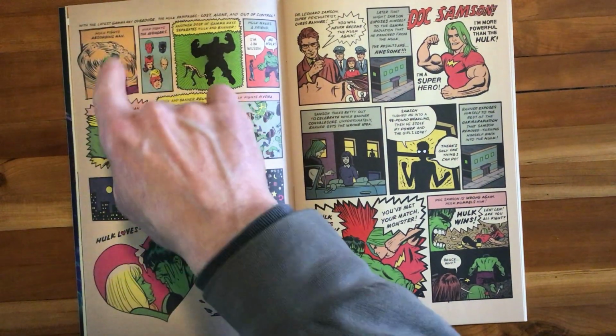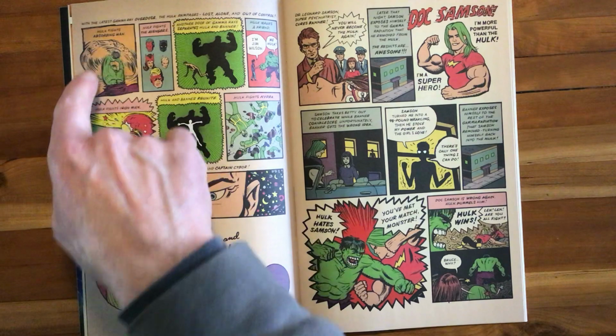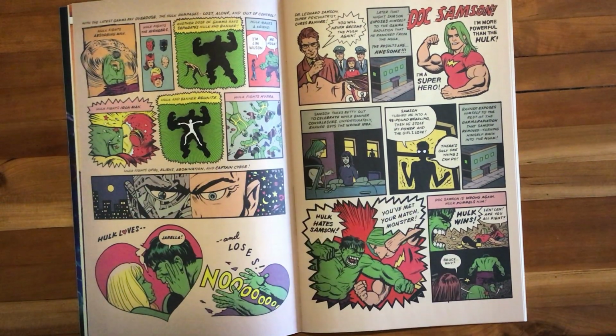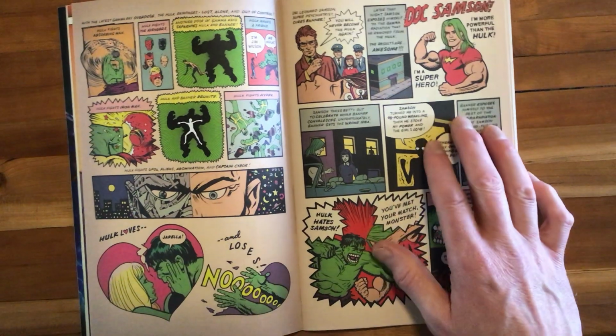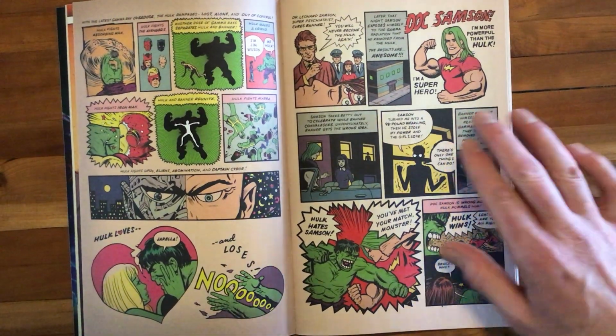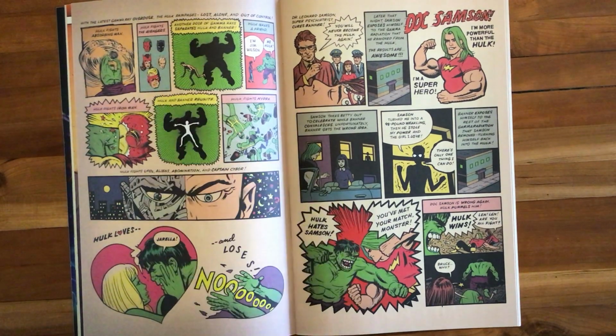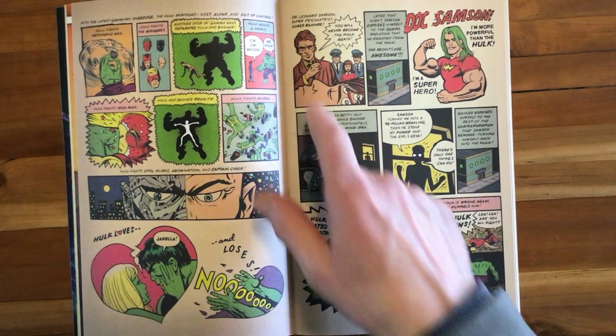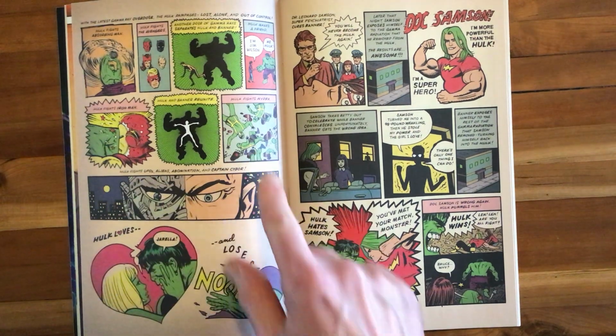Great panel here, recapping his Absorbing Man fight. This Avengers team, totally awesome. This was that Marvel Super Action number 80, which I covered in this show, reprinting Hulk number 128, which was a totally awesome fight between Hulk and the Avengers when Hulk is tunneling underground and nearing the dangerous San Andreas Fault. Very cool there. Fighting Iron Man, Hydra,